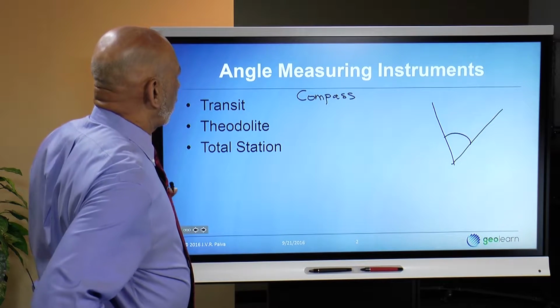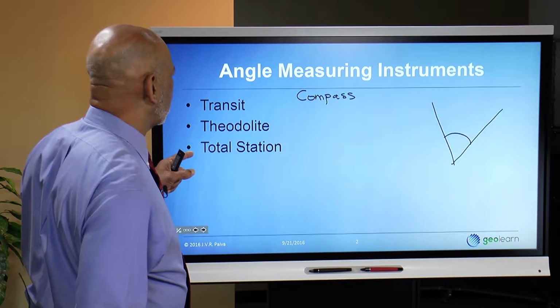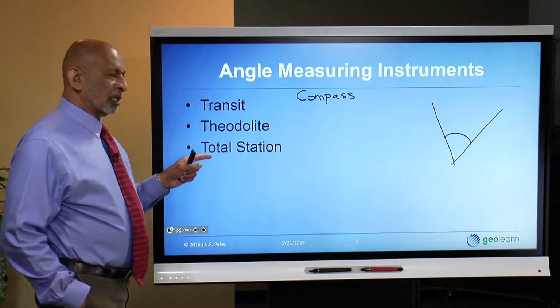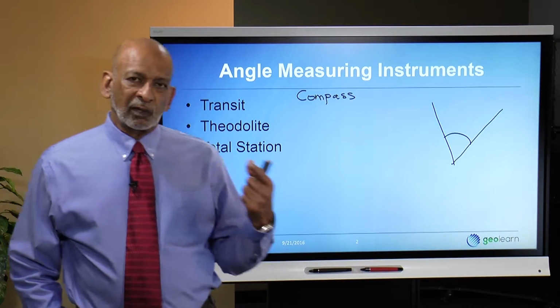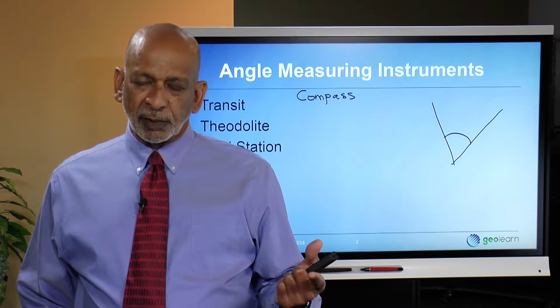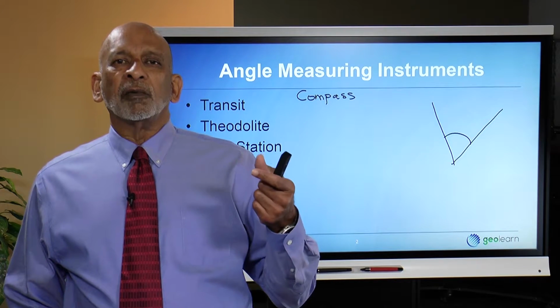So direction measurement would be done with a compass. Angle measurement would be done with transit, theodolite, or total station. In both cases, what we are really eventually interested in is direction measurement or computation or determination of the direction